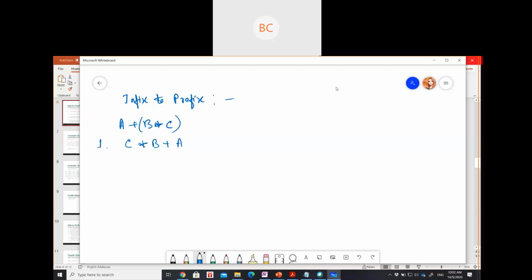Correct? So after you convert this thing, it will again ultimately convert into brackets again. Is it clear to you guys? So first we have an expression which is in infix notation. Then we need to convert it into the backward, means we just need to reverse the expression. So when you reverse the expression, you also need to reverse your brackets as well. Okay,